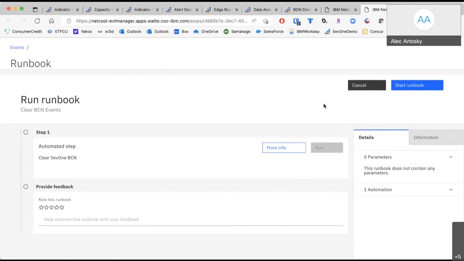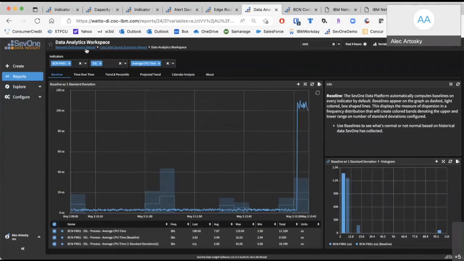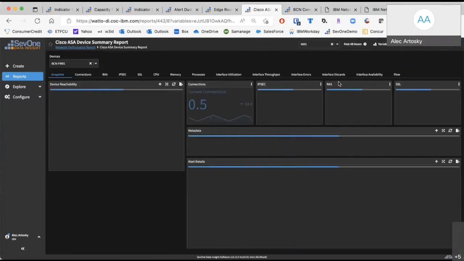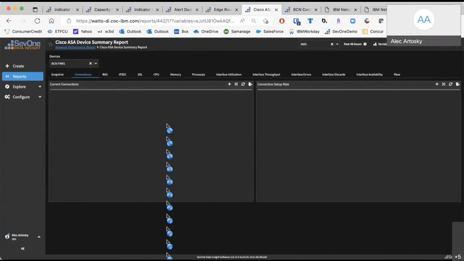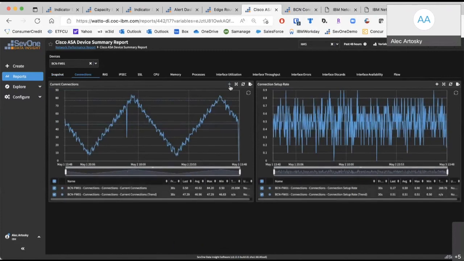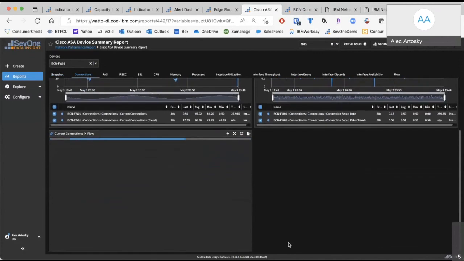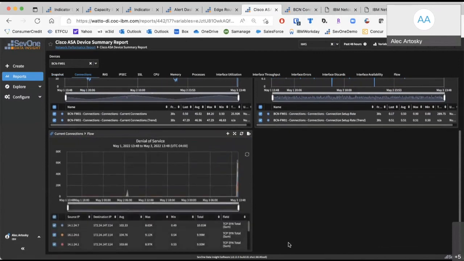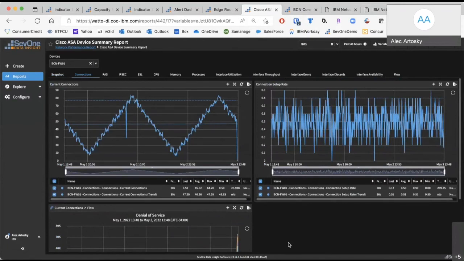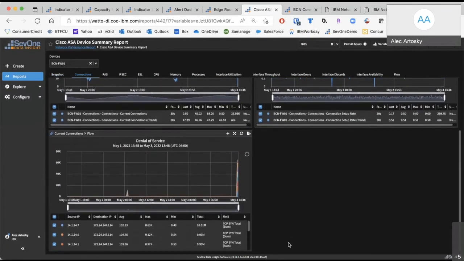So I can go ahead and say, all right, we can see that we have an individual issue here. In our case, one of the things that I sort of brushed over is that what we can determine is that this is a DDoS issue. We can take a look at our connections here. And if I pull in the flow statistics that are associated with SevOne, I can look at this report and understand that during this period of time, that large increase in processes is around a DDoS attack. It's a denial of service attack. So clearly something is coming at SevOne, something is trying to shut the system down, something is trying to disrupt what's going on for your firewall.